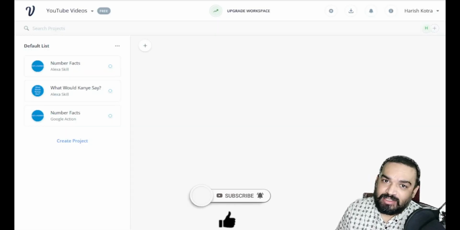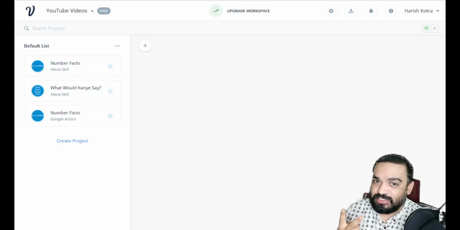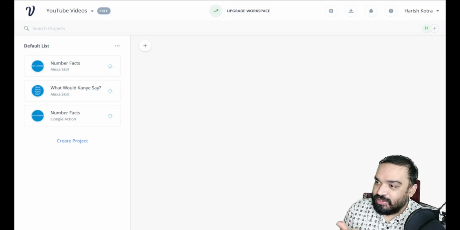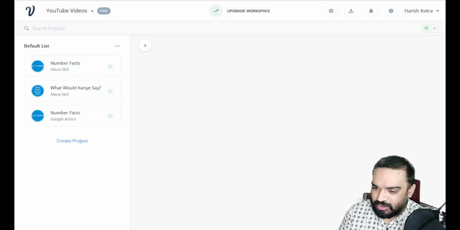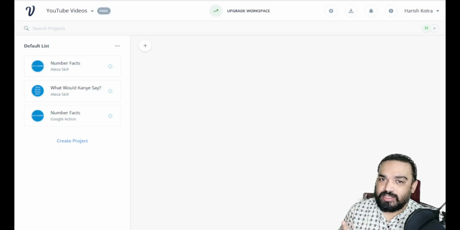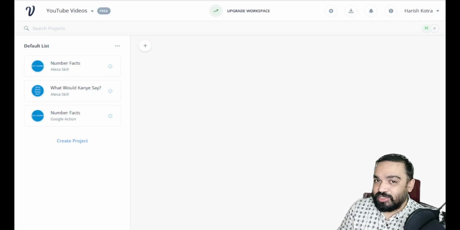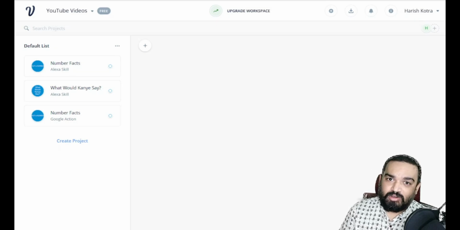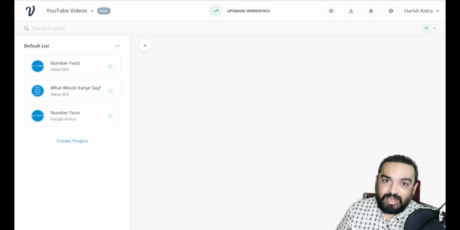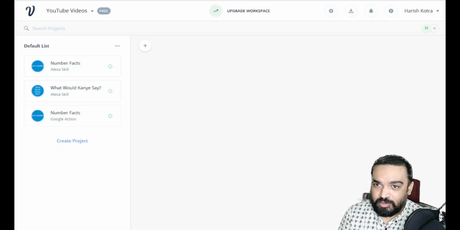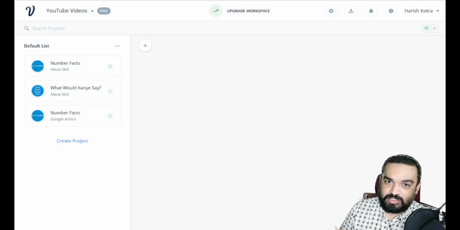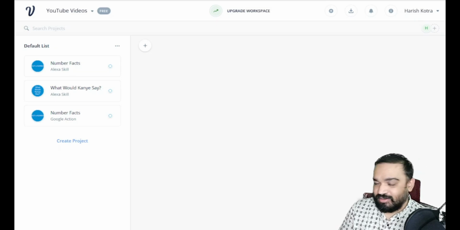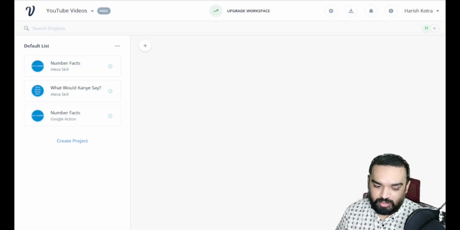To build this, you will need two things essentially. One is a Slack account, and the second one is a VoiceFlow account. And the Slack account will be used to get the API keys. I'll show you how to get the API key, and then we look at building this whole thing on VoiceFlow. You can either deploy this on Google Assistant or Alexa, and I will leave that up to you to decide. But the process is pretty much the same. There are no changes either for Alexa or for Google Assistant.